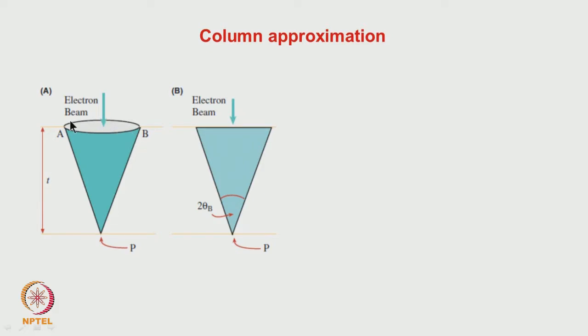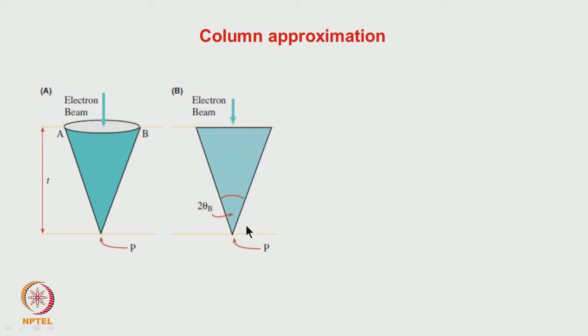And with respect to the lattice parameter, that tells us that if this angle is 2 theta b, all the beams which are falling here in this direction will contribute some intensity to it. Okay. So, that means that the intensity at this point depends not only on this, because the theory we derived was on that basis, but practically it is going to come from these regions as well. So, that has to be taken into account.